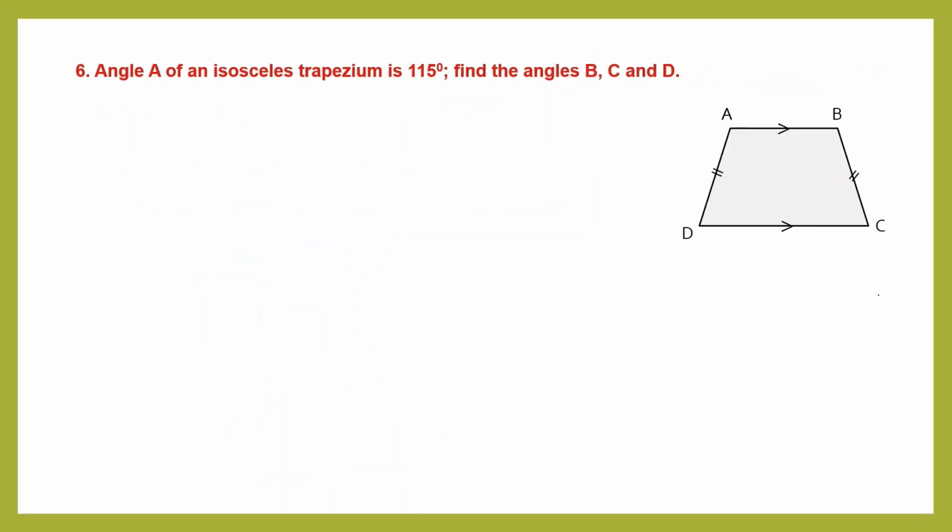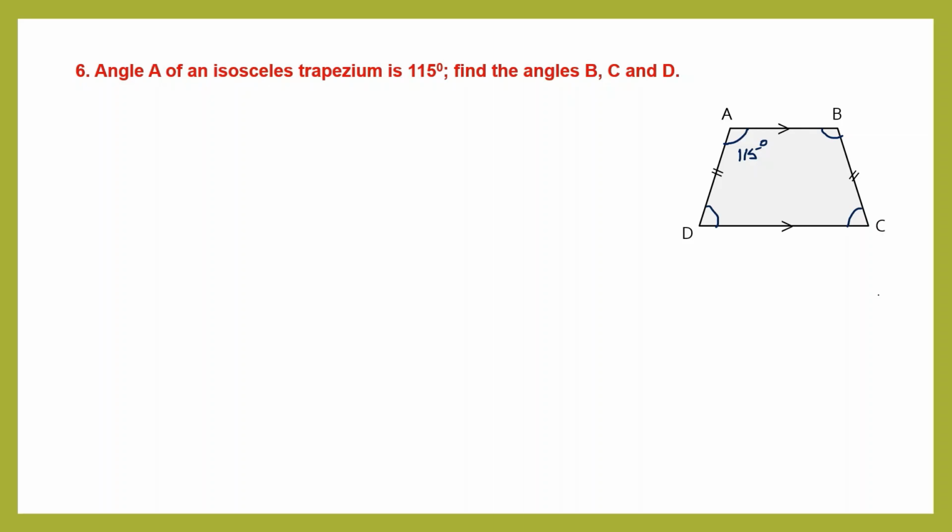Question 6. Angle A of an isosceles trapezium is 115 degrees. So let's mark there. So we've got a trapezium here, 115 degrees. Now we have to find angles B, C and D. So these are the angles we need to find: angle B, angle C and angle D. So this is an isosceles trapezium where one pair of sides are parallel and the other pair will be equal